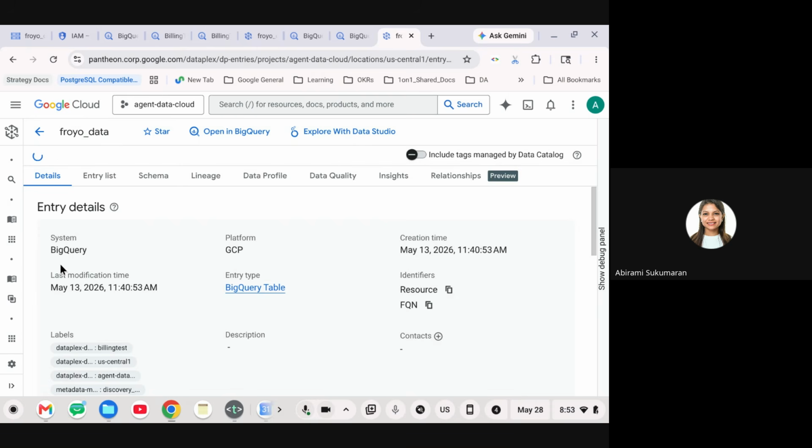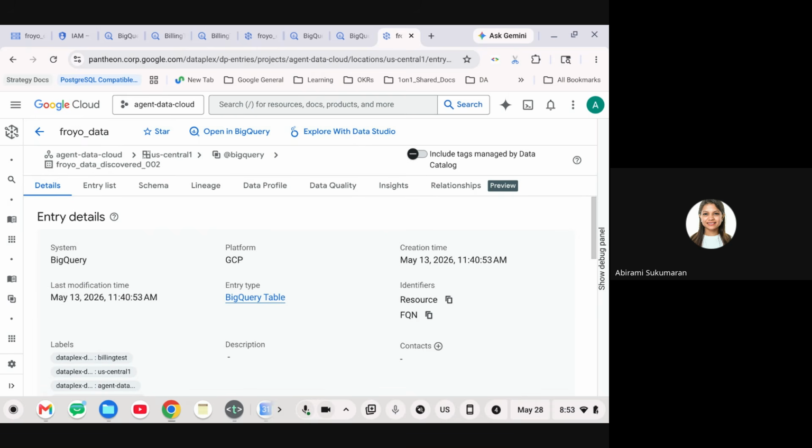All this is happening in knowledge catalog. So remember, I showed you in BigQuery a metadata table. I'm opening that metadata table in knowledge catalog right now. So why am I opening this here? I'll show you in a bit. This is the part where we are going to actually extract insights.